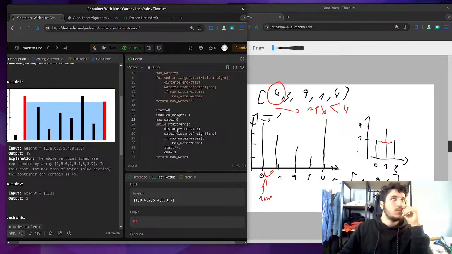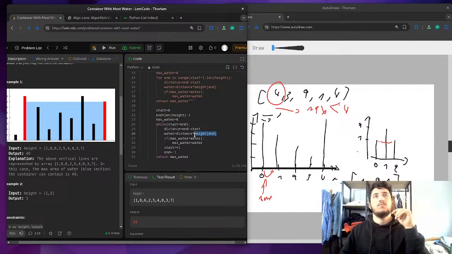So it's not distance times height of end. It's min of